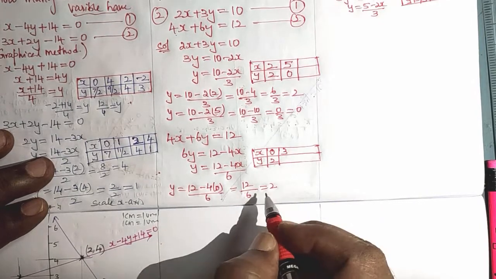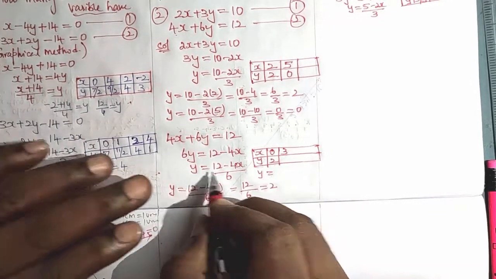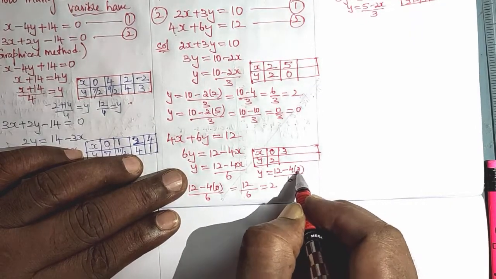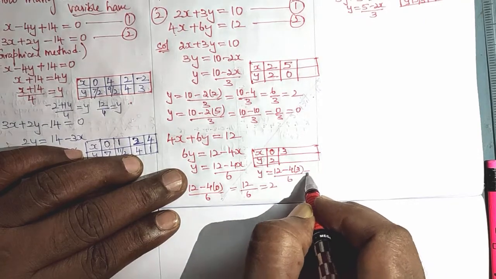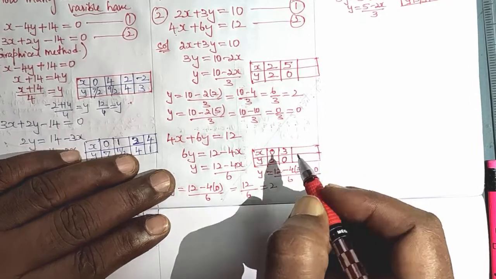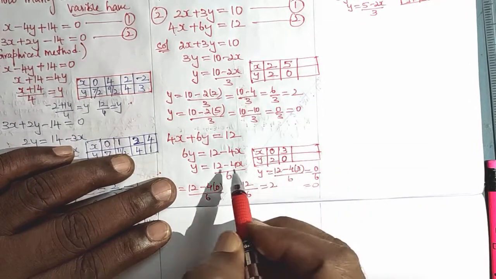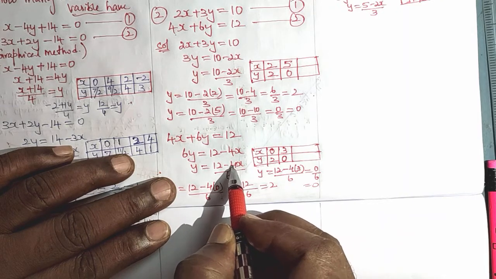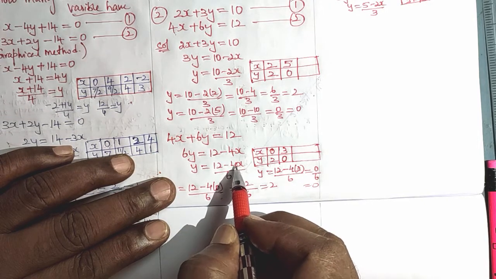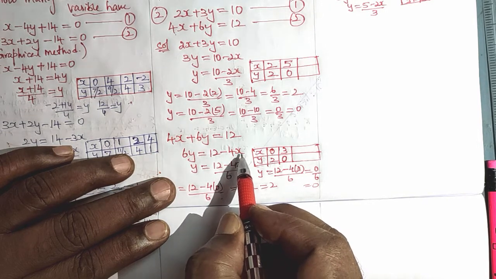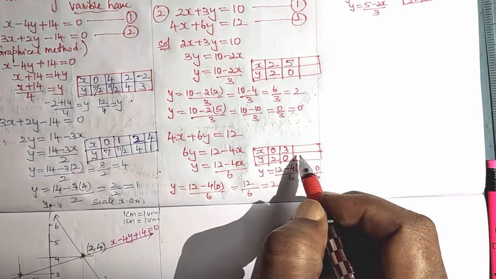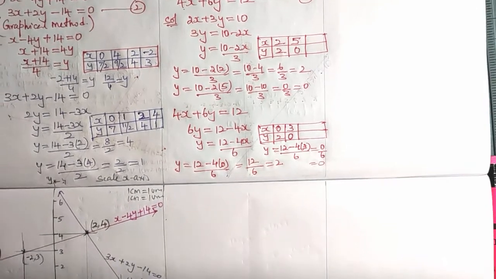Next, if I substitute x is equal to 3, y is equal to (12 minus 4 into 3) by 6. 4 threes are 12, 12 minus 12 is 0, 0 by 6 is 0. So you may get a doubt: Sir, why have you not used x is equal to 2 here? If I use x is equal to 2, I will get 4 twos are 8, so 12 minus 8 is 4 by 6, which means 2 by 3. So I will get a fraction, which means a decimal number. To plot these decimals is difficult for us.